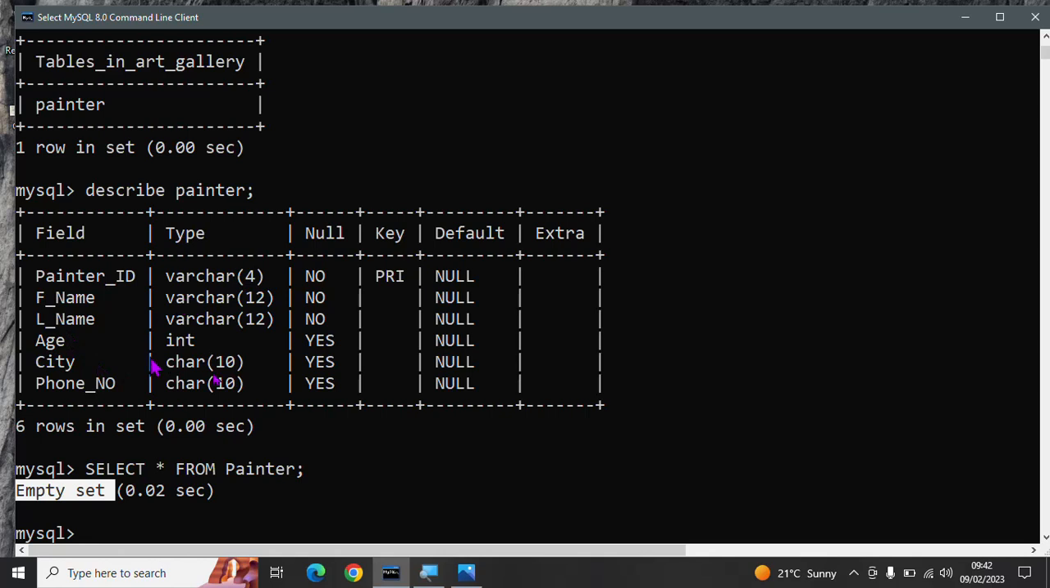That means this table has no record as of now. So we will reach a point where we will insert data into this table. So let us insert data into this table before we go ahead and create the other table. Okay. So inserting data, we insert data